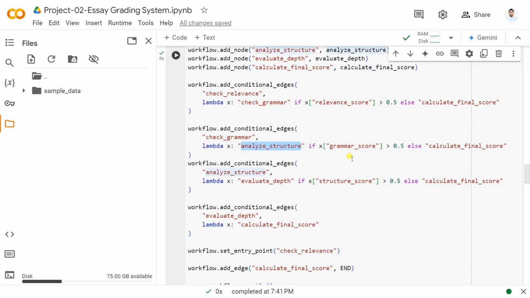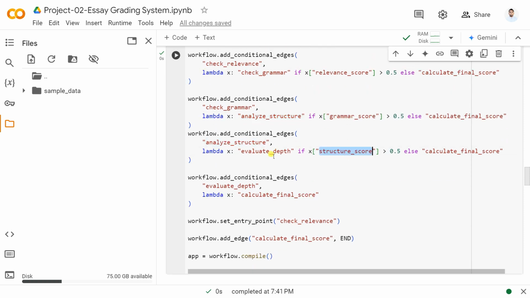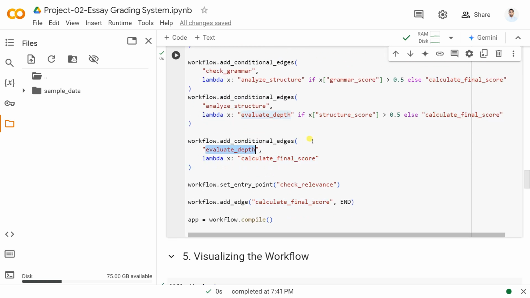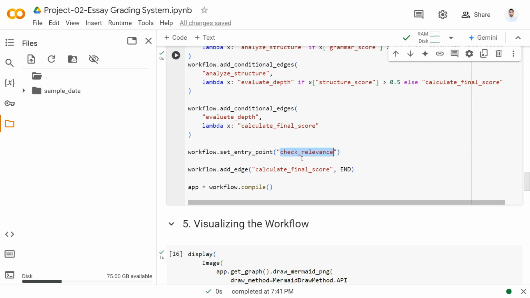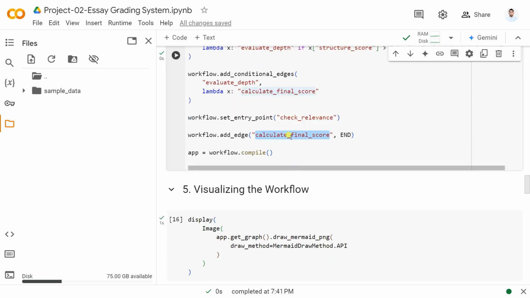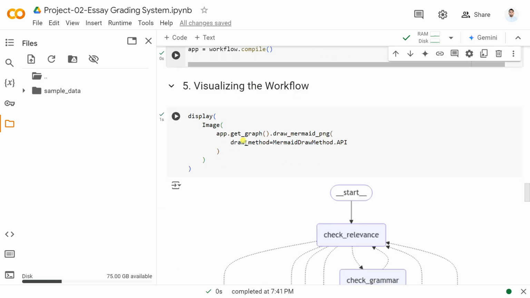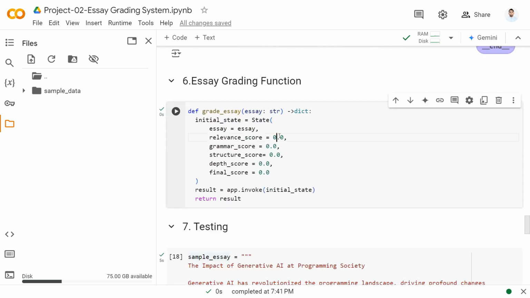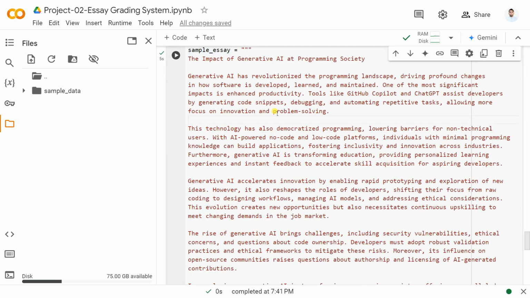ग्रामर को चेक करने के बाद हम स्ट्रक्चर के एनालिसिस पे चले जाएंगे, और स्ट्रक्चर को चेक करने के बाद हम डेप्थ पे चले जाएंगे। तो डेप्थ के बाद सीधा हम फाइनल स्कोर पे चले जाएंगे, क्योंकि डेप्थ पे चला है इसका मतलब कैलकुलेट हो चुका है। इसके बाद हमने यहाँ पर एंट्री पॉइंट दे दिया। इसके बाद जो एग्जिट पॉइंट है, उसको भी हमने यहाँ पर ग्राफ में ऐड कर दिया। इसके बाद हमने इसको कंपाइल और एग्जीक्यूट कर लिया, बस।